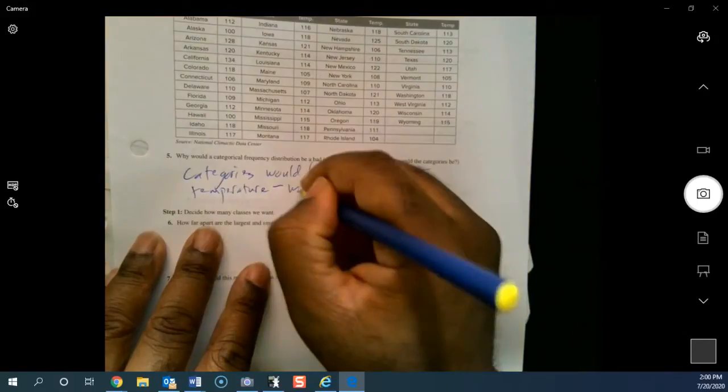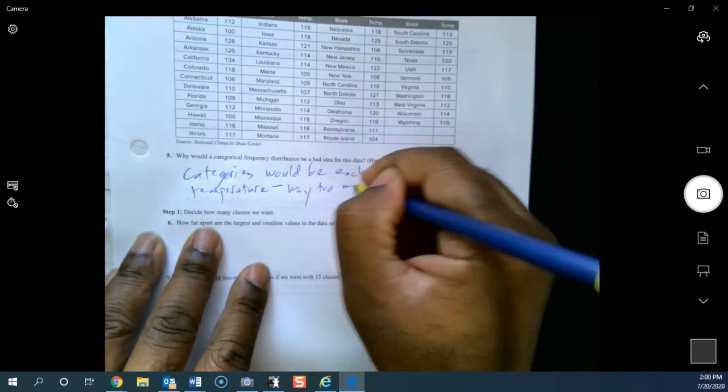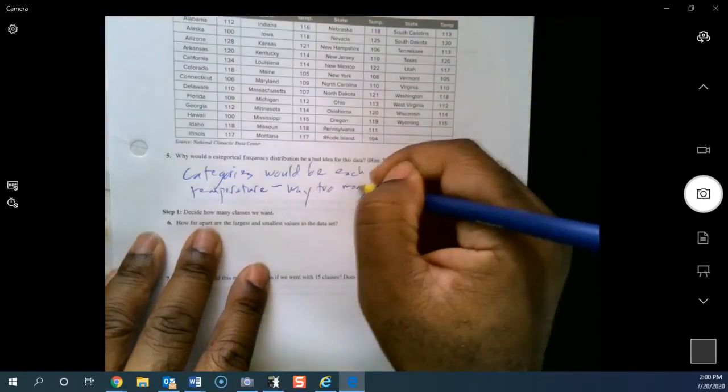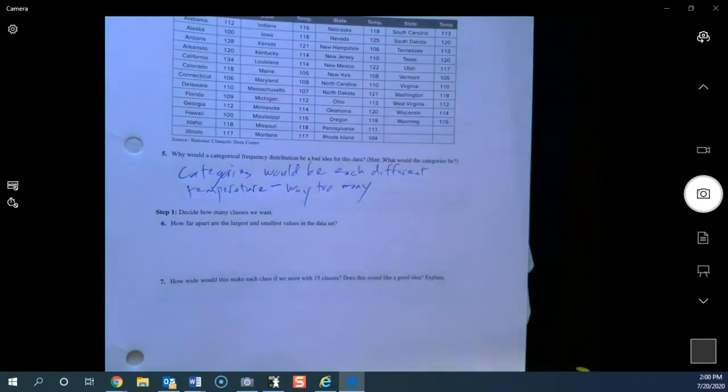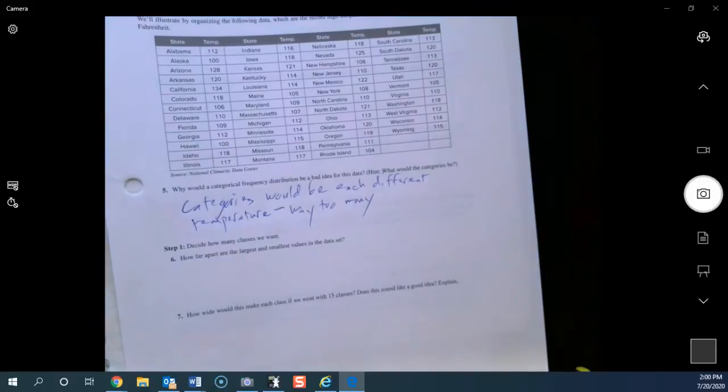It'd be way too many. Now you may have one or two that are the same here, but let's just say if you had three that were the same, that still would be about 47 different temperatures that you have to categorize,